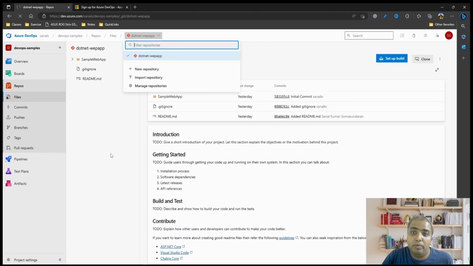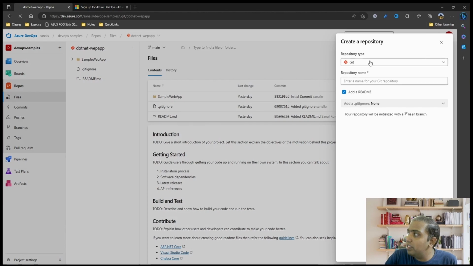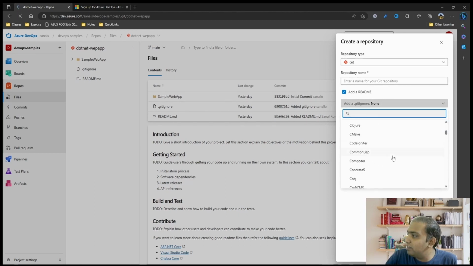You can have multiple repositories under your project, and if you want to create a new repository, you can click new repository, set the type as Git, and give a name. If you want to add a .gitignore file, you can select whichever appropriate file you want. Say you're working in Visual Studio, you can select the Visual Studio option here, and it would create a